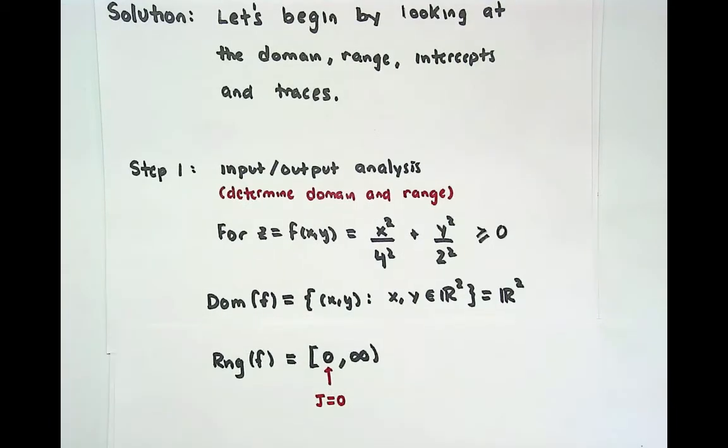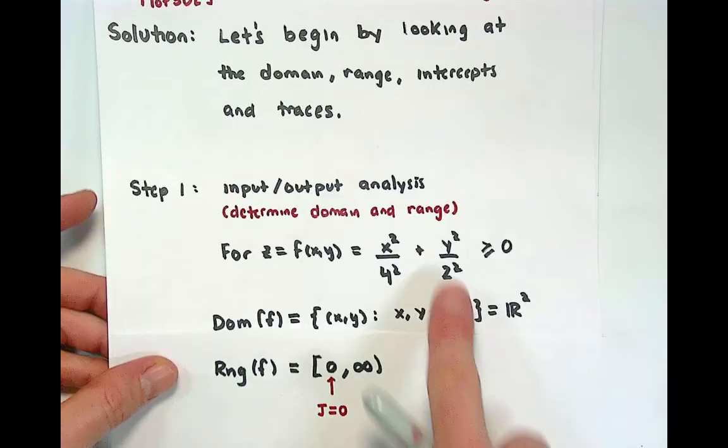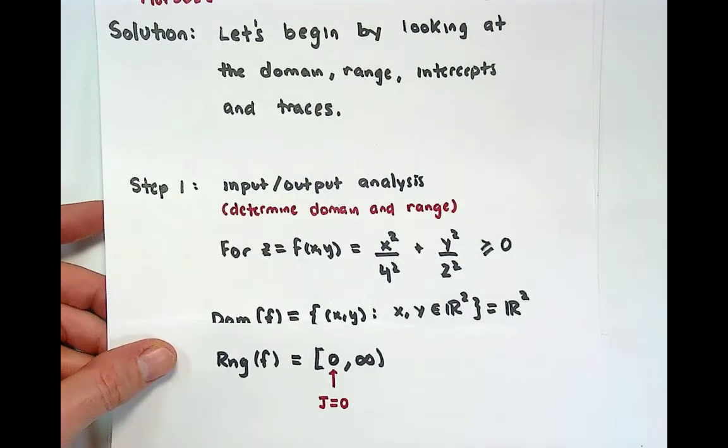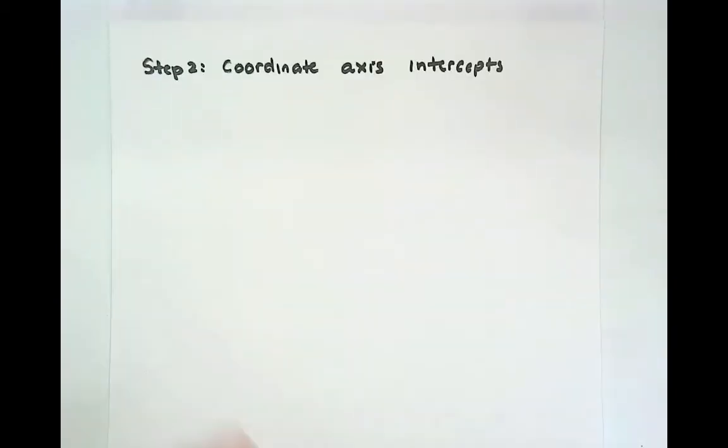We might choose, when we graph, to let x be between -5 and 5, y the same, and then z to kind of use this analysis to get that out. Okay, so now that we've done step 1, which was to analyze the domain and range, let's move on to